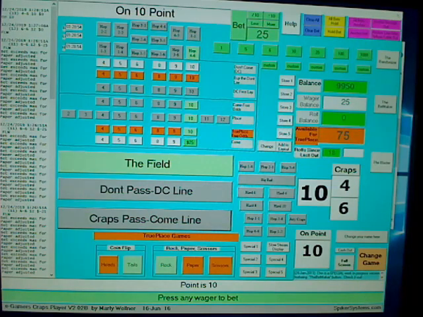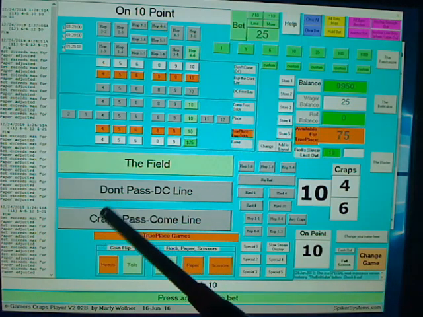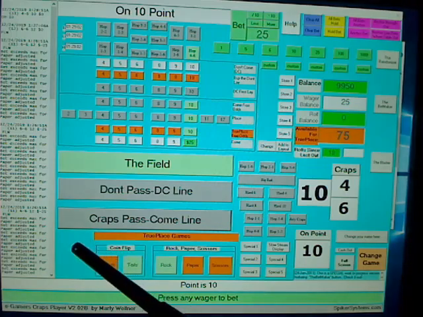All right. It was a 10, and this being Northern Nevada rules, it takes our pass bet and it treats it like a come bet,